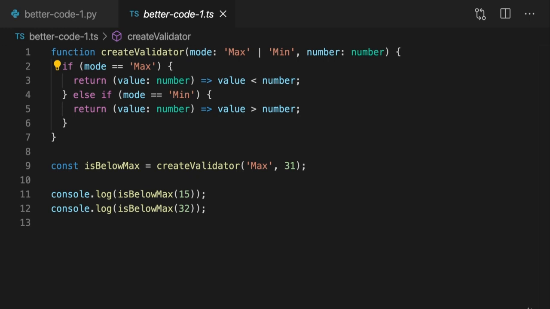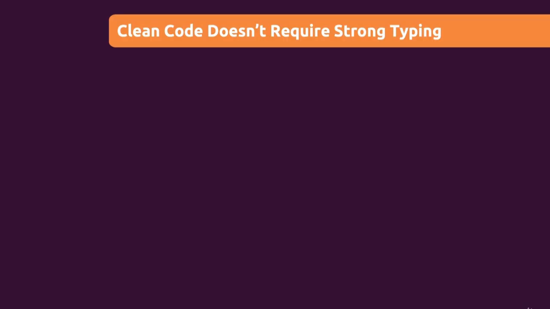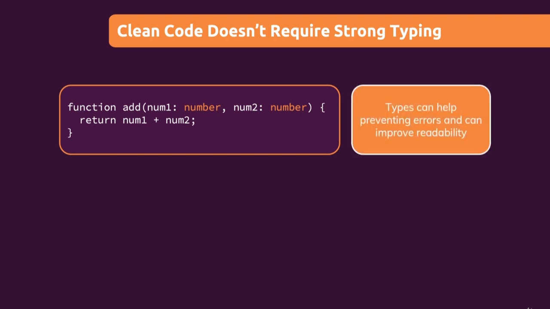And then there are other languages which don't care as much, like Python, or which don't know the concept of strong typing, for example JavaScript. Now you could think that you need types to write clean code, because having these extra type assignments certainly also helps with code understandability. If you have a look at this code snippet here, it should be quite straightforward to read and understand. And whilst the types might help a little bit with reading and understanding, they primarily help with avoiding errors. And only in addition to that, they can also help with readability. But the main reason for using strong typing is that they can help prevent errors.